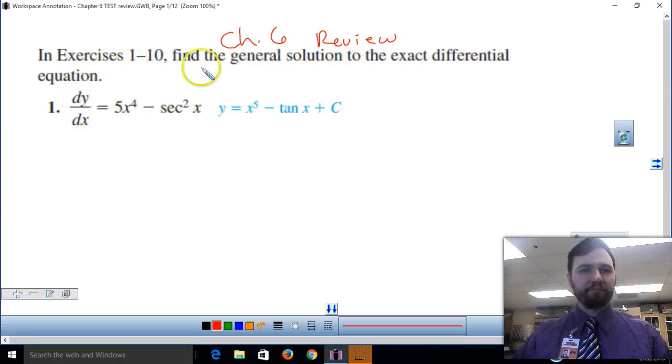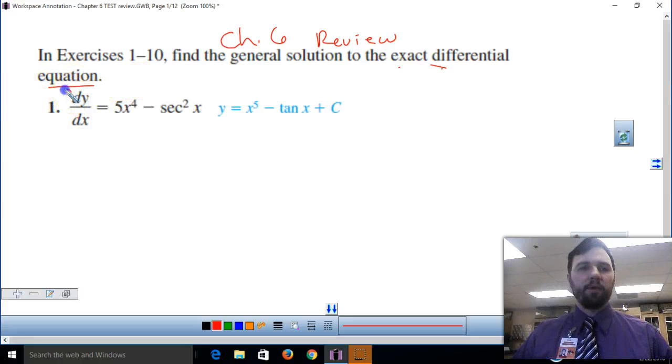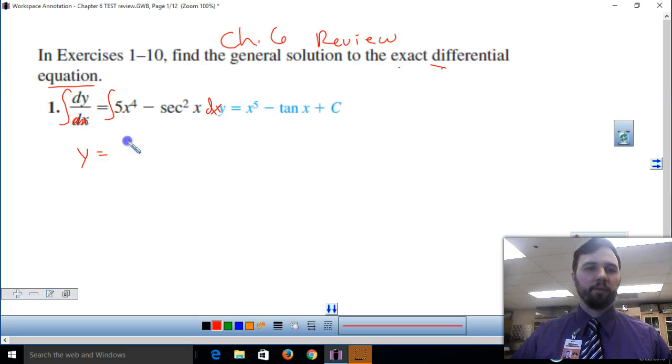All right, here we go. Find the general solution to the exact differential equation. So to get rid of the dy over dx, we're going to integrate both sides, right? Well, actually, you're moving over that dx. And then you integrate both sides, because then you get y equals, remember our rule, 5x to the 5th over our new exponent, which is 5, minus, you have to have